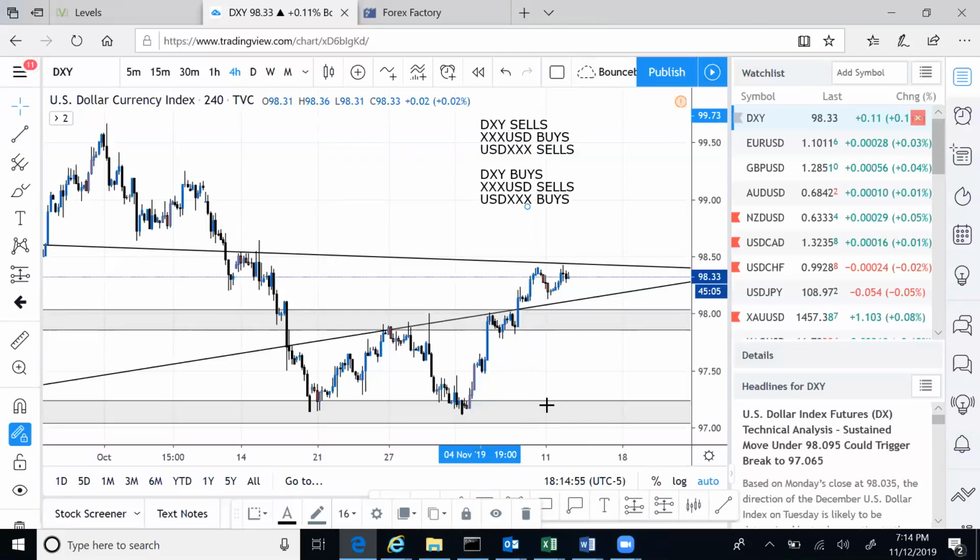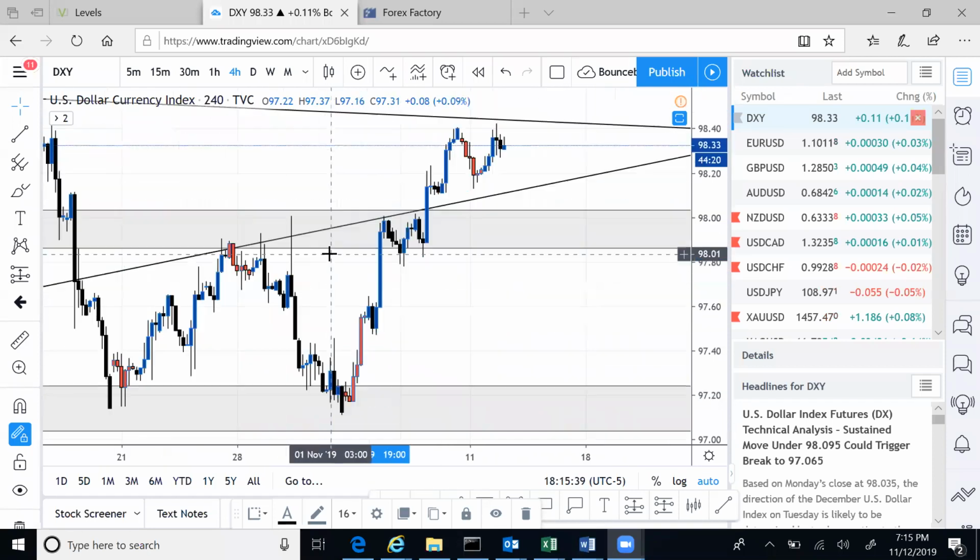Is this clear? Are you guys with me? If you're with me, type clear in the chat box. All of you guys should know this. If you've never looked at the DXY before, the DXY is just for observation purposes. It helps you to understand what could possibly happen with the US dollar, and currencies affiliated with or paired with the US dollar.